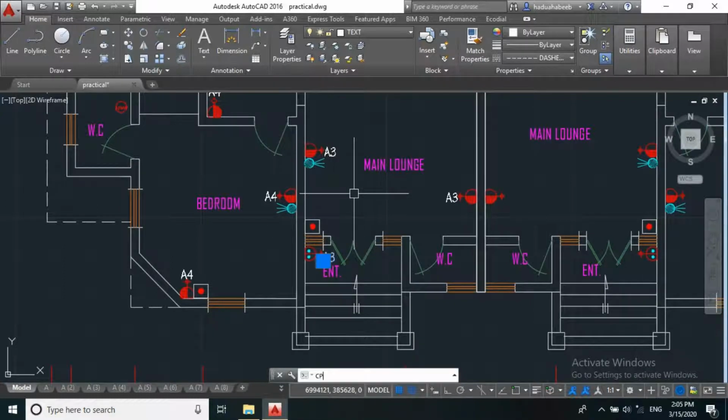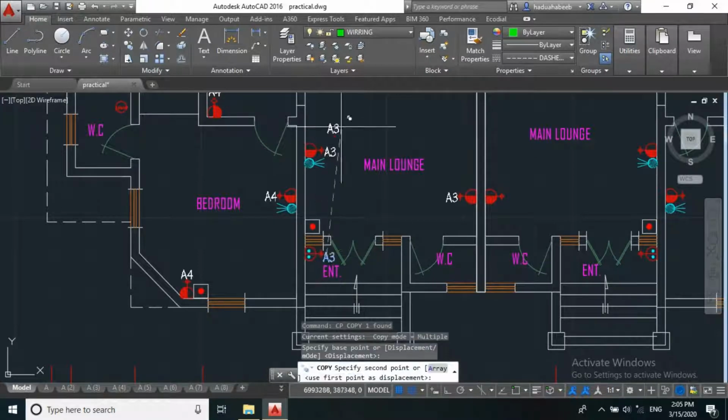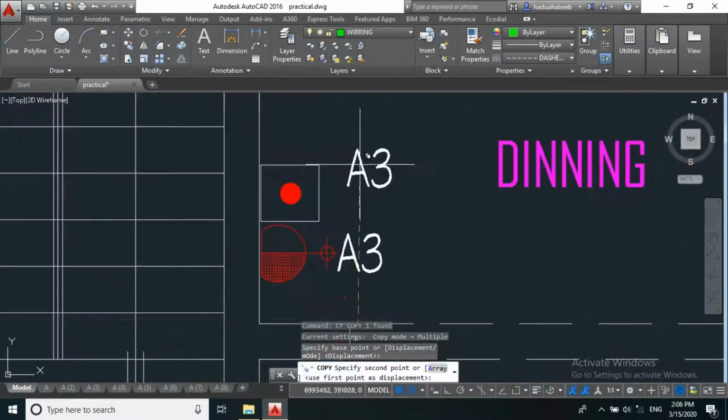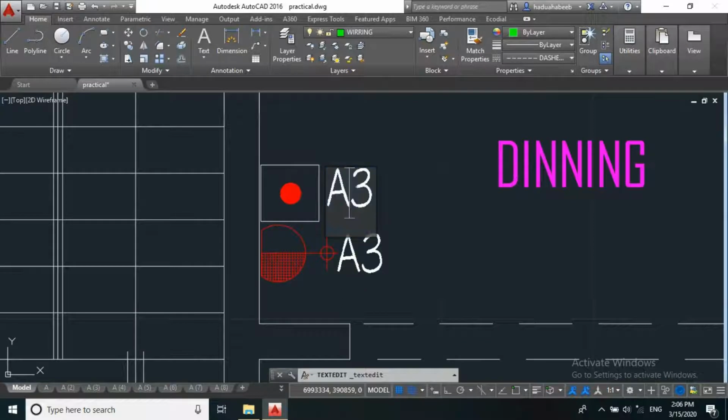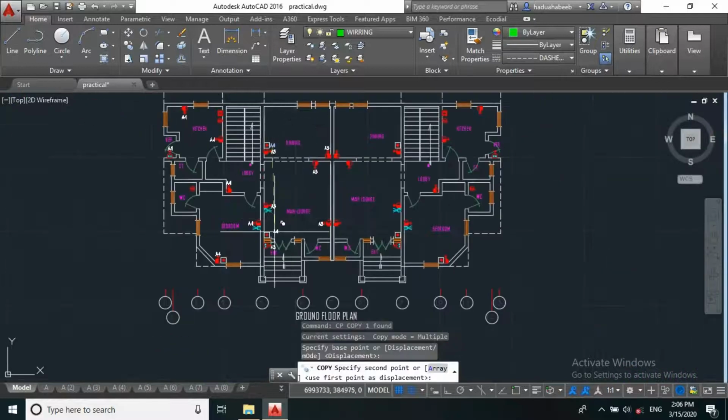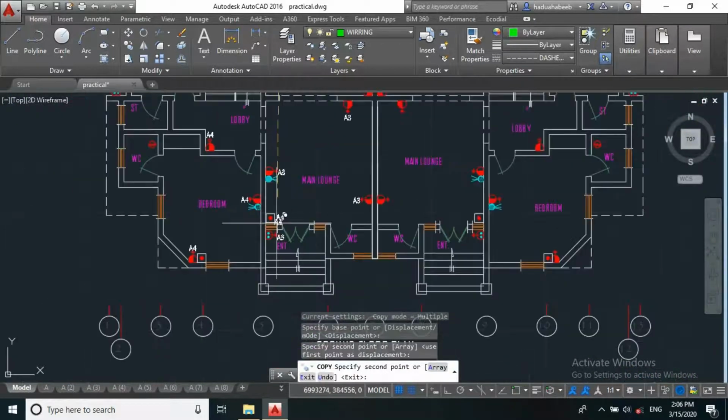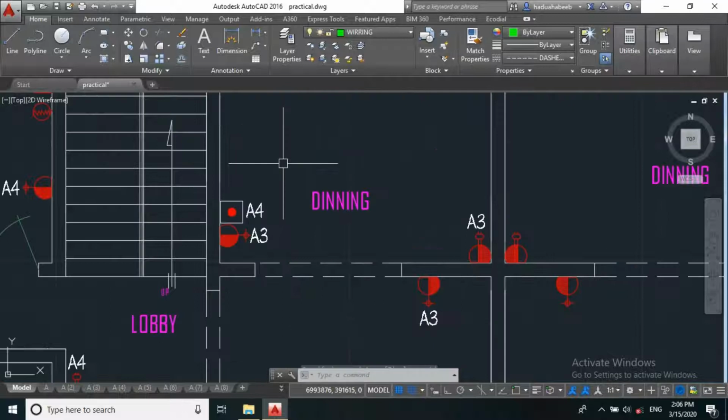All split AC units require a dedicated circuit, so we call this A4. Okay, let's call this A4. So we'll call this A5.